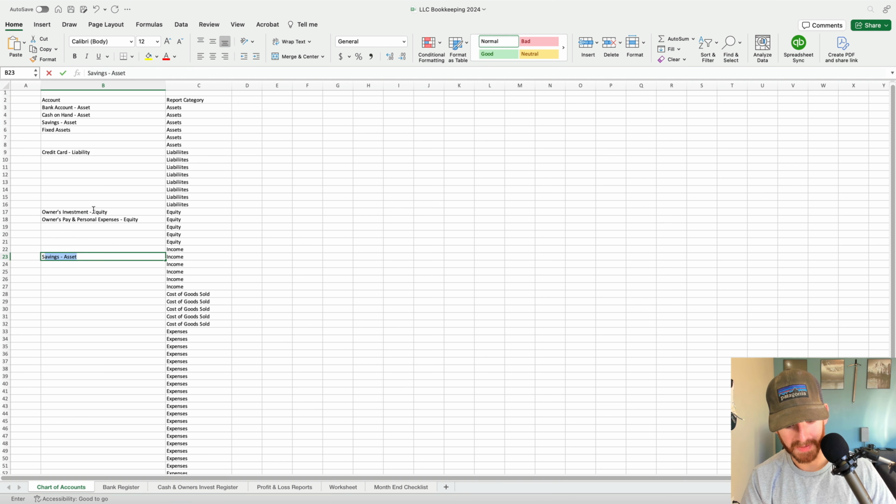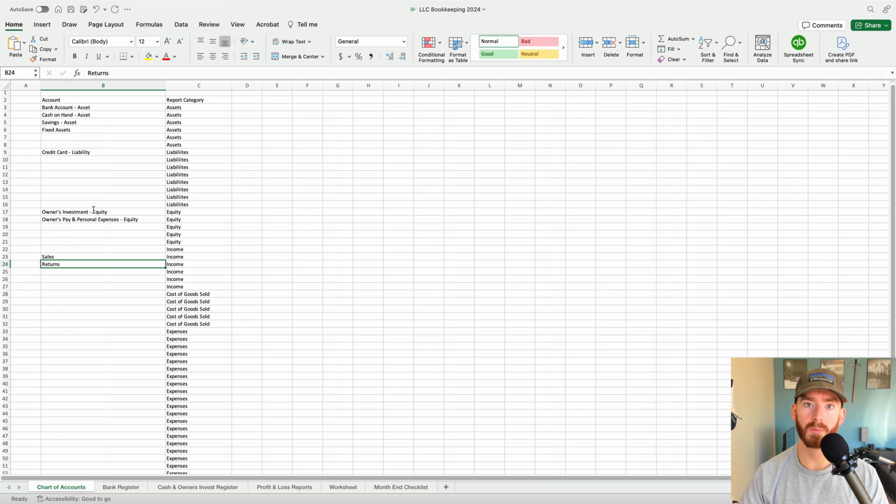So moving down here, you have income. The two that I would say are mandatory at this point are sales and returns. And then of course you can customize this as much as you want. You can break down different sales income accounts, however you want it to look on your profit and loss, you can do that here. But the reason I say the mandatory minimum is sales and returns is because